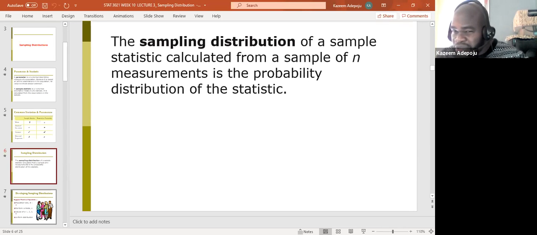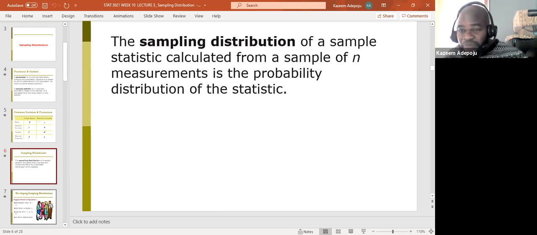So why do we need the probability distribution of a sample statistic? Because across researchers, or from sample to sample, even the same researcher, if I'm conducting a research right now and I choose a sample size, I compute my mean. If I go into that population again and I choose a sample at random and I compute my mean, I'm actually going to get a different result. Therefore, to harmonize the situation, I need to use the knowledge of sampling distribution.